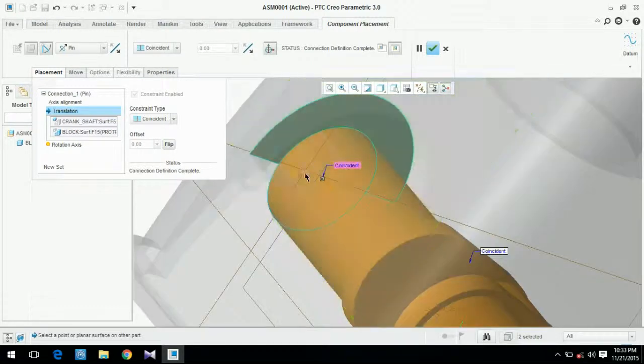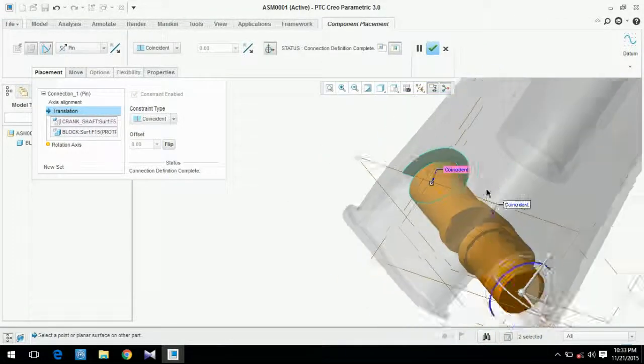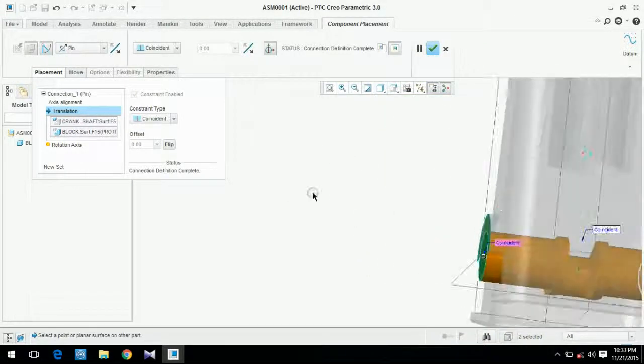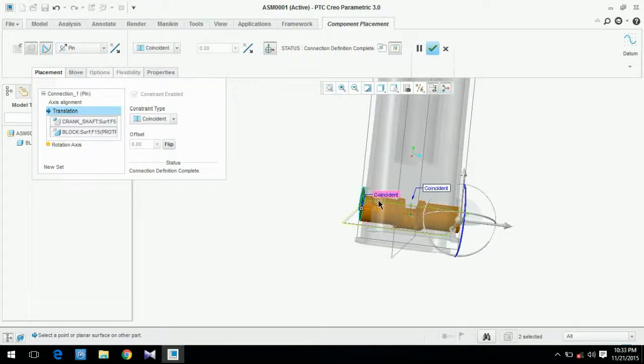Here you can see a yellow mark, and you will get it further. You can see it here. Now okay,